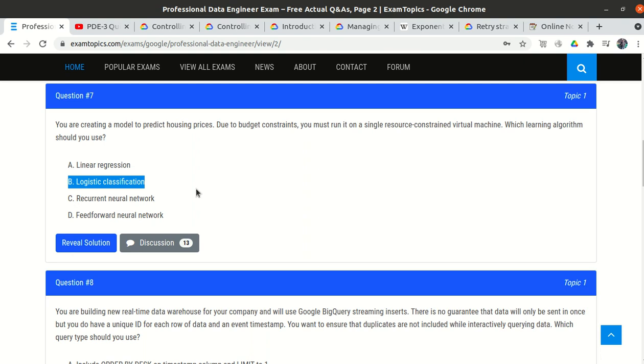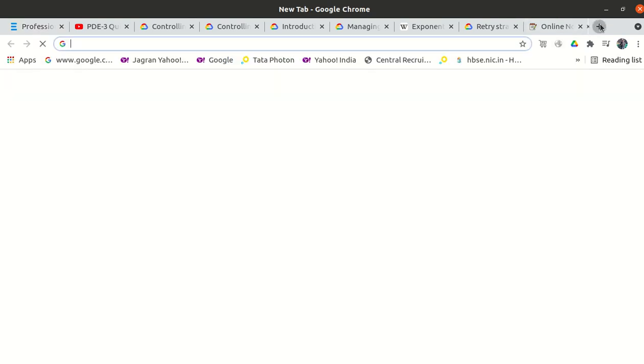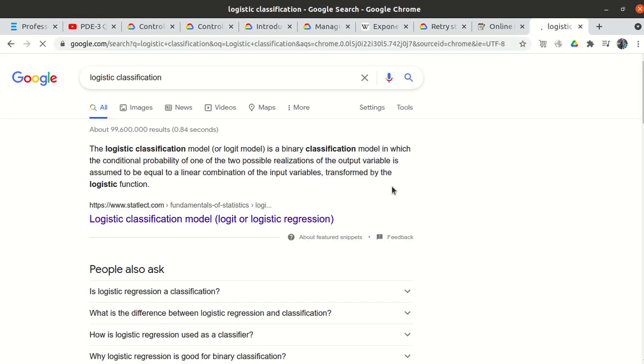That is also a classification problem. We have a set of classes, and out of those classes we have to classify. So we will use linear regression, not logistic regression. Logistic regression is a classification model only.